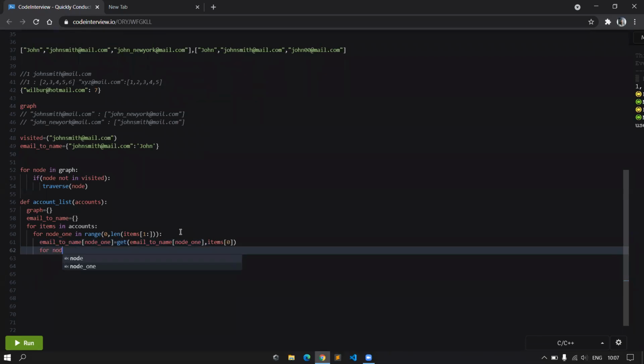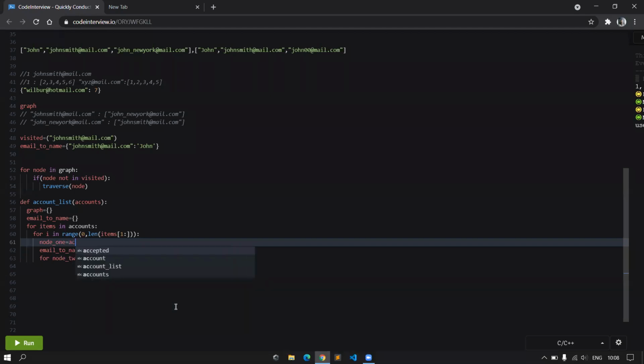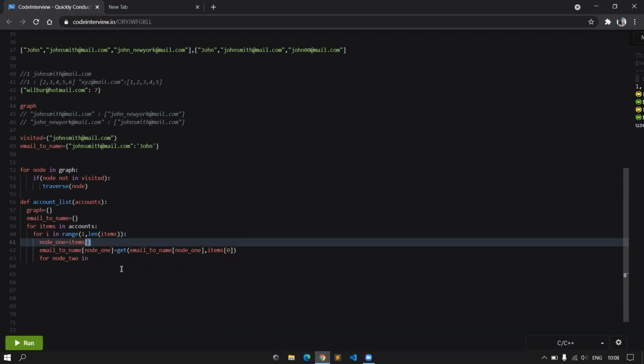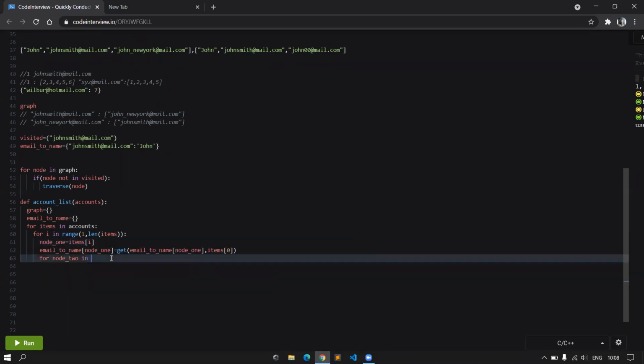And now I have the first node in the graph, and no, to get node 1, I would be needing the current items, or instead of doing the slicing, I can just iterate from the first index of current item and then assign item of I. So this would be my first node, and yeah, I think this will be fine.